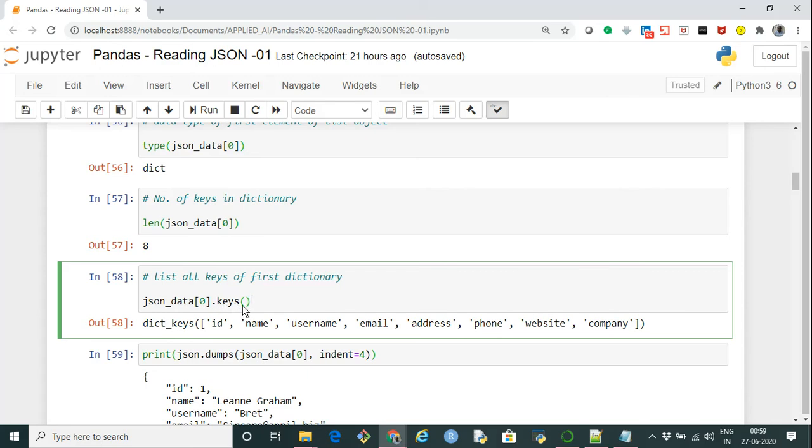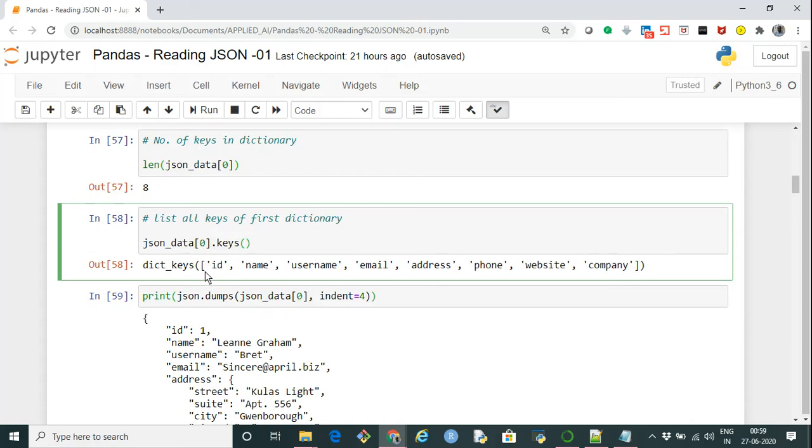So we get the keys. Basically this is a list of dictionaries, and each dictionary has 8 keys, considering that all the elements of the list are consistent. I have not examined all the elements as of now. I've just examined the first element of the list, which is a dictionary, and its keys, and I'm believing that all will follow the same structure.